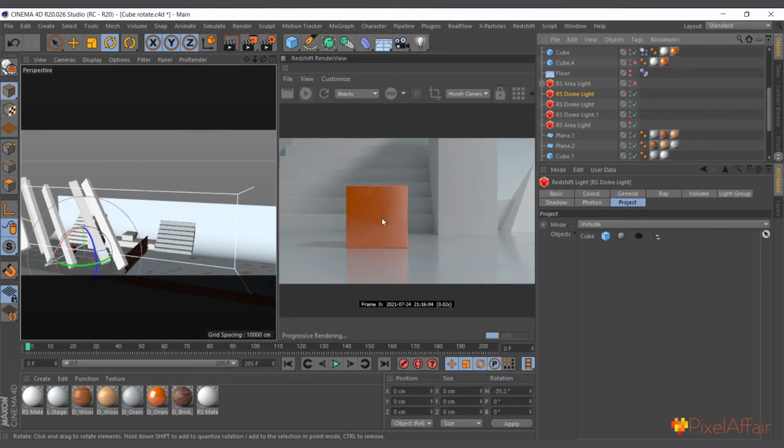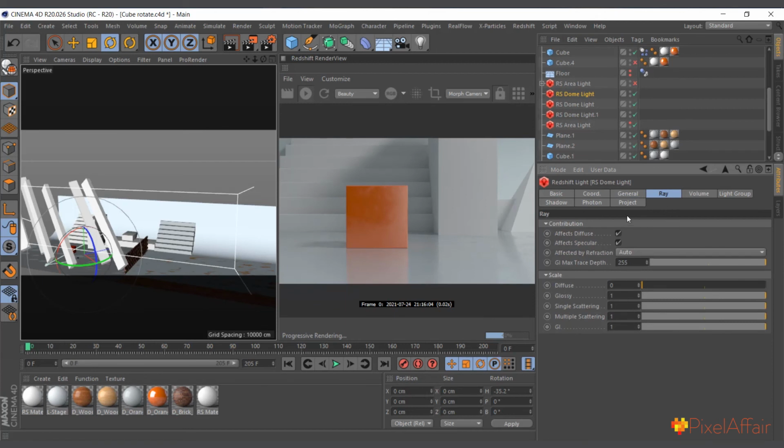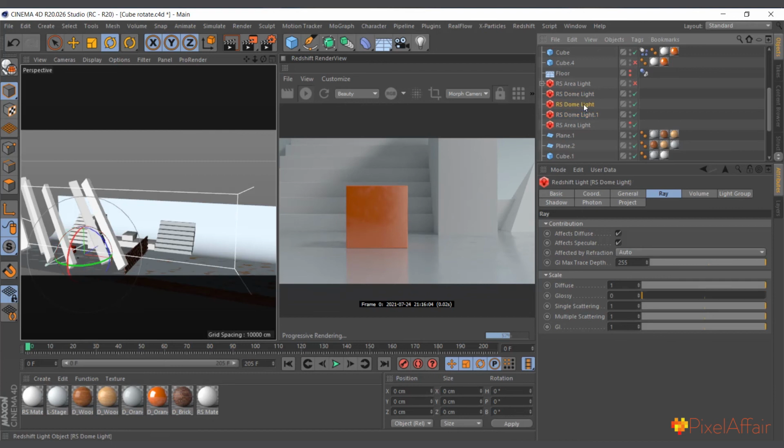The material I used has some fingerprints, imperfections and stuff, and it wasn't showing, so I brought in this one and limited it to just the cube. You can see in the diffuse, if I come to ray diffuse, it's 0, so it's affecting only the glossiness and other stuff. So this particular dome light was just for the cube's reflection to show. The rest were other dome lights which I used